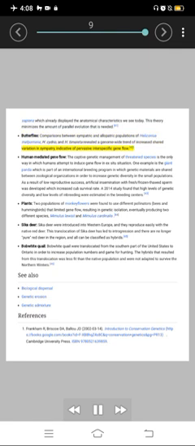Mediated gene flow. The captive genetic management of threatened species is the only way in which humans attempt to induce gene flow in ex situ situations. The giant panda is part of an international breeding program in which genetic materials are shared between zoological organizations in order to increase genetic diversity in the small populations.